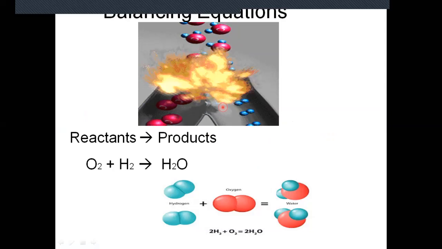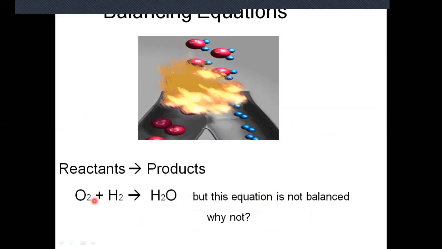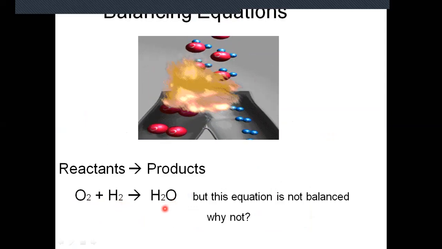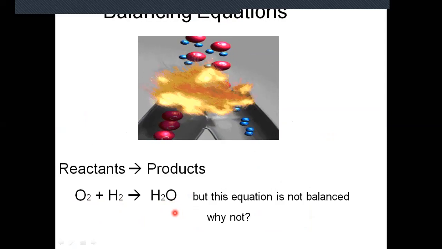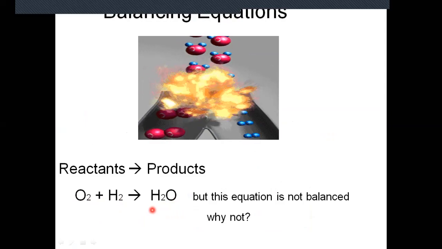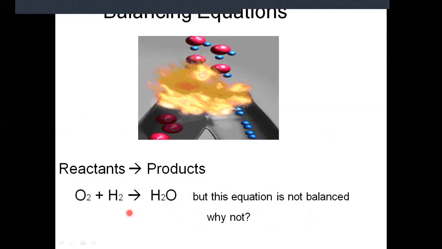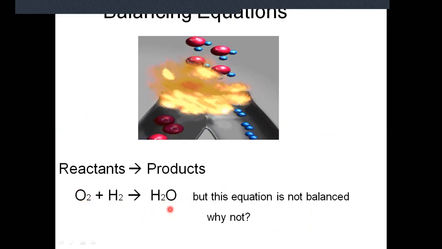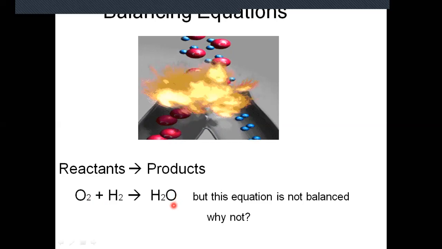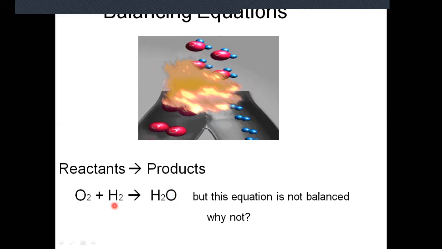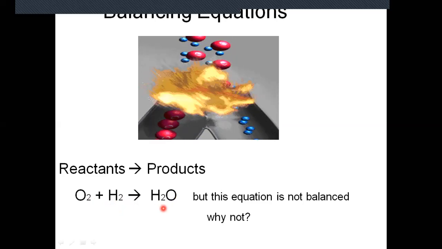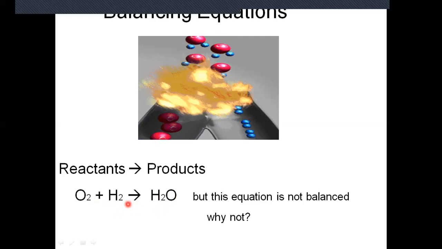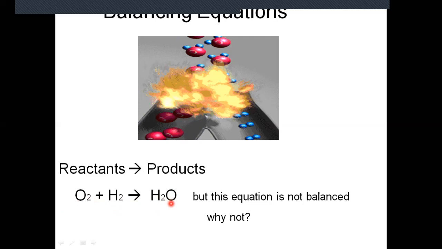Students, in this equation you can see that oxygen reacts with hydrogen to form water. Is this equation a balanced chemical equation or an unbalanced chemical equation? It is an unbalanced chemical equation. It is not balanced because on the reactant side there are 2 oxygen atoms, while on the product side there is only 1 oxygen atom, because no subscript is written with the oxygen atom. For hydrogen, on the reactant side there are 2 hydrogen atoms, and on the product side there are 2 hydrogen atoms. So in this chemical equation hydrogen is balanced but oxygen is not balanced.